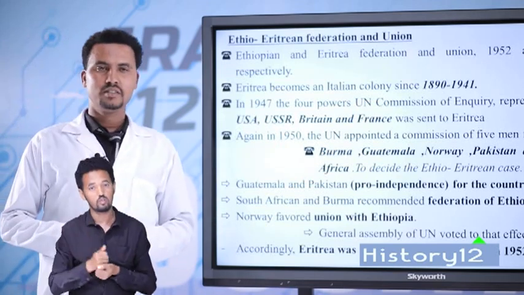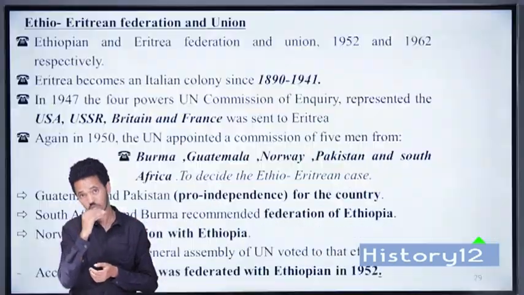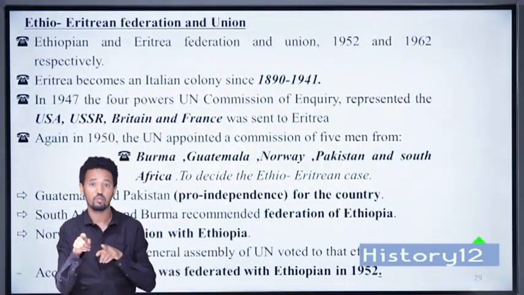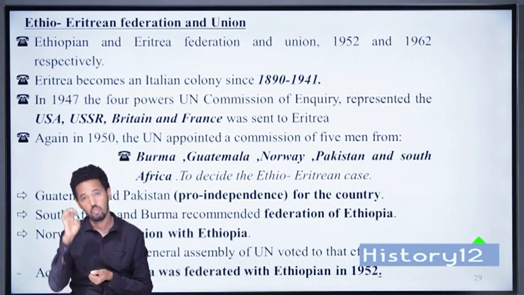The Ethio-Eritrean Federation and Union. Ethiopia and Eritrea Federation and Union. Ethio-Eritrean Federation 1952, Ethio-Eritrean Union 1962. Eritrea became an Italian colony